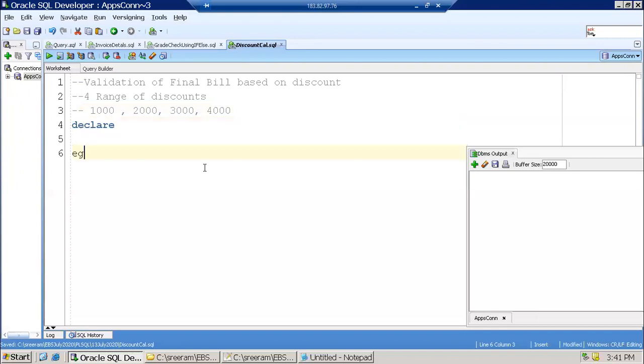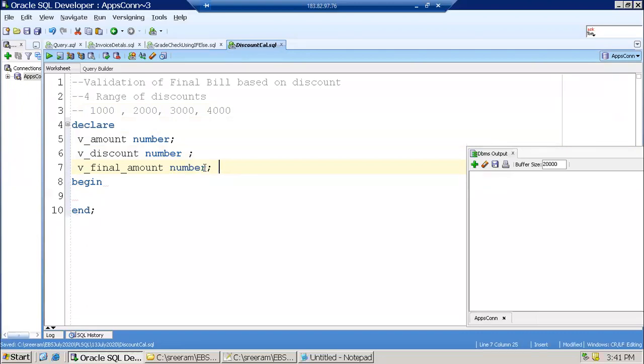Now declare begin end. v_amount number, v_discount number, v_final_amount. Assume that the amount is equal to 1000. If it is greater than or equal to 1000, it is 10%, 20%, 30%, and 40%. That's how we want to calculate. So if v_amount